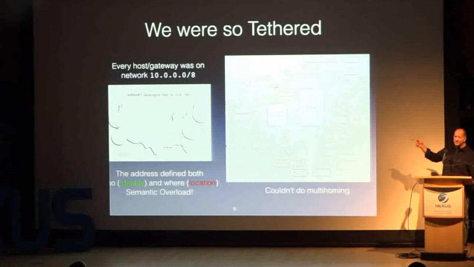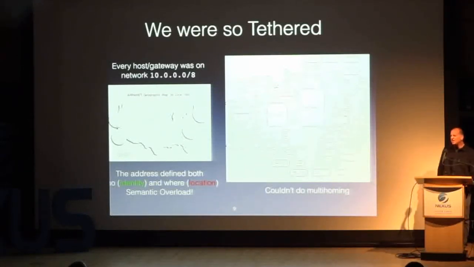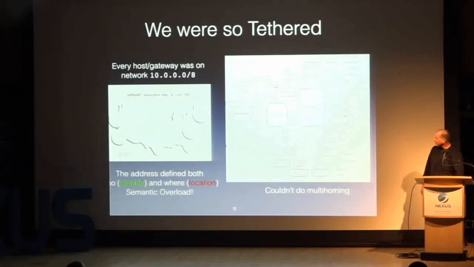And of course, all these systems were connected to one or the other, not multiple connections into the ARPANET, or one to ARPANET and one to MILNet. So we couldn't do any multi-homing whatsoever. Well, what if you wanted to increase the bandwidth into that system and you had a computer architecture that supported multiple NICs? You'd be able to have two interfaces, but the Internet Protocol didn't support that very well. These are the things we're trying to fix.